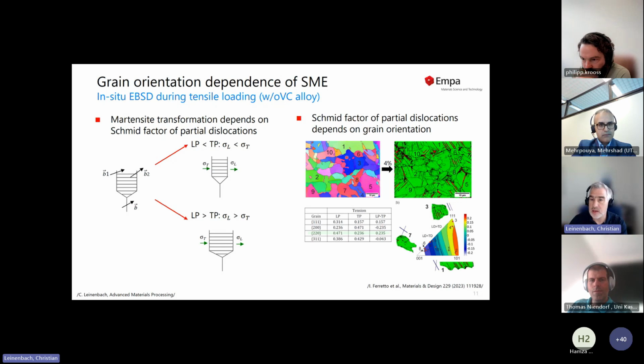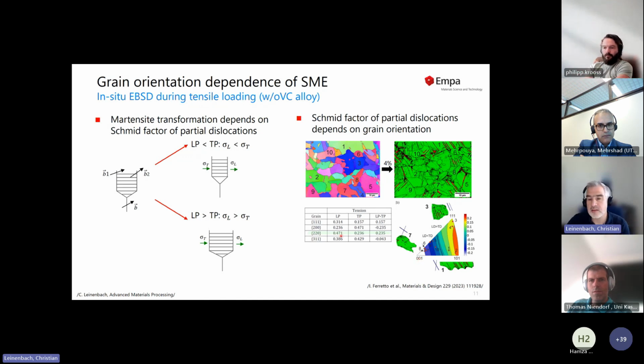So on the right side, you see in situ EBSD images, where we strained samples and then looked at them under the EBSD. And we could see that we do have preferred grain families, preferred with regard to easy martensite transformation. Here there are different examples taken from this larger picture. We had the most pronounced transformation in this 101 or 2-to-1 grain family, and apparently the weakest transformation in the 001.